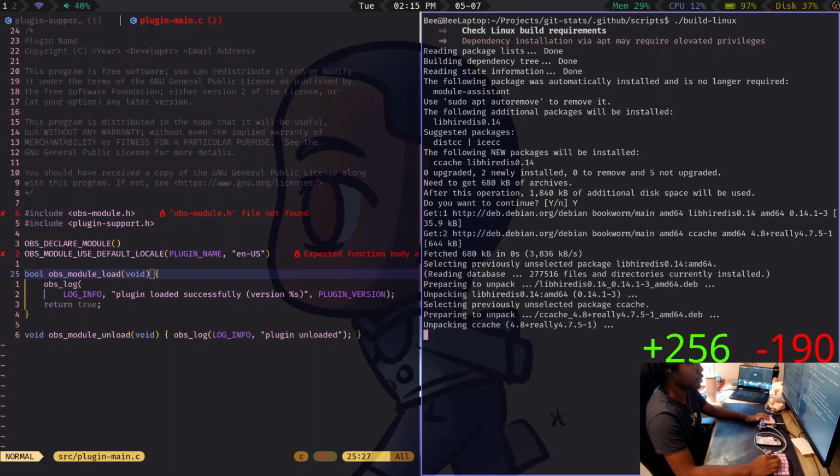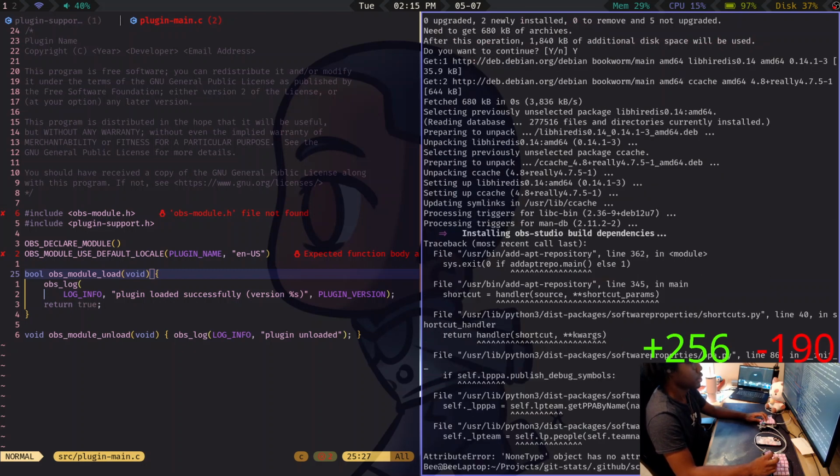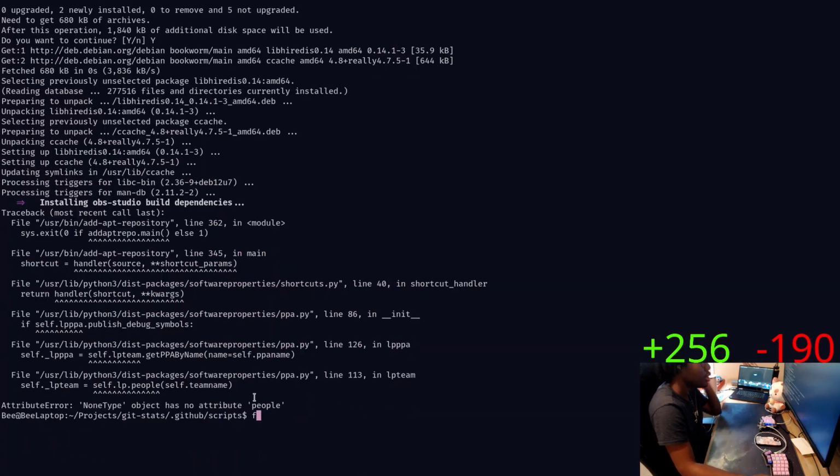Oh, these are all the dependencies. Okay. What is add apt repo?